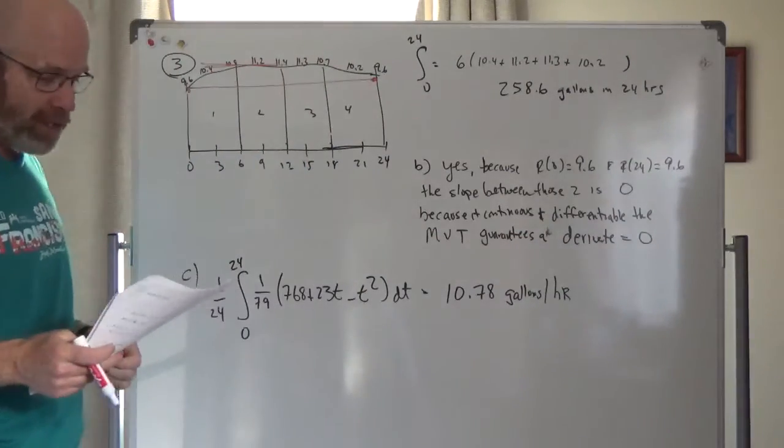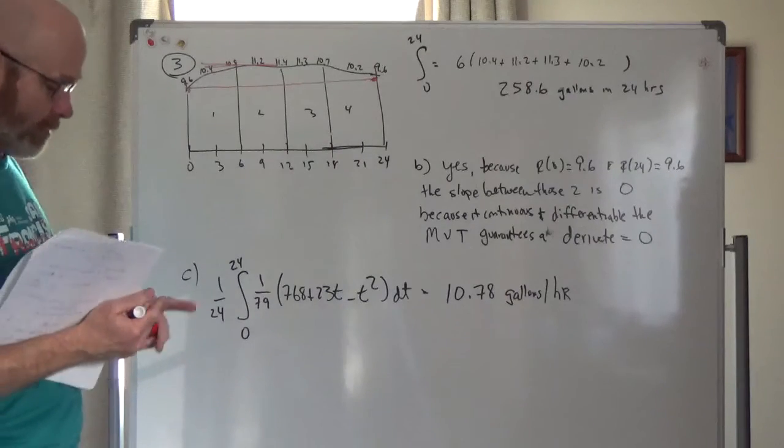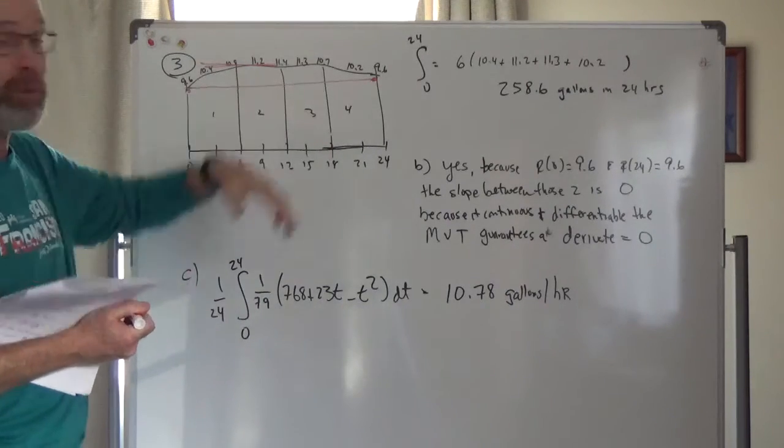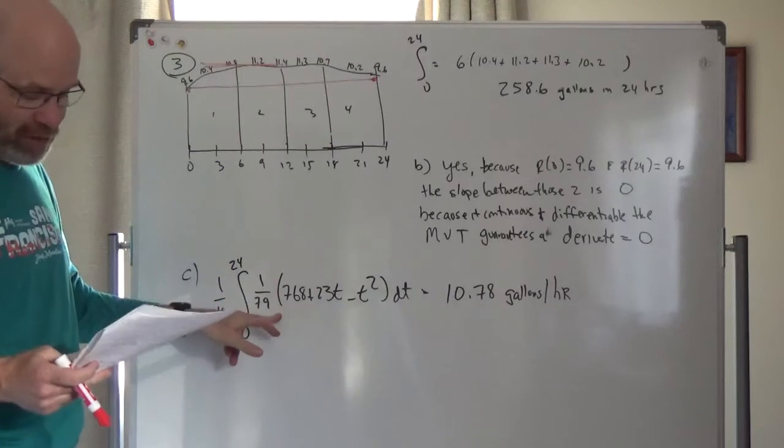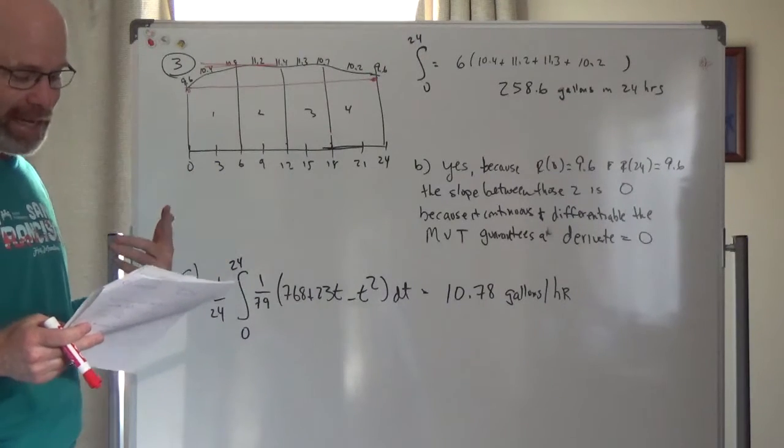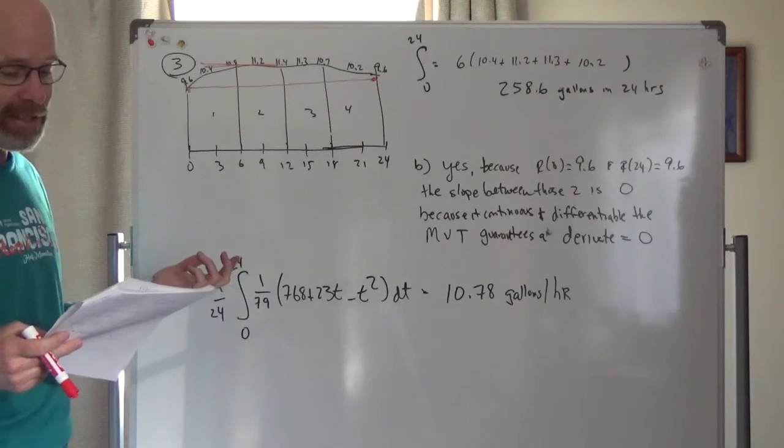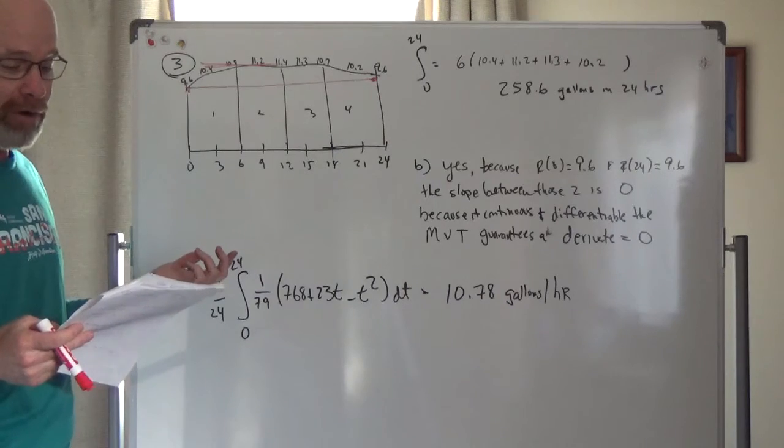And the last part of that question is just the rate. It can actually be modeled with a function instead of points like this. And this is the function, and then same basic question. It's not the exact same question, but basically the same thing that says, find the average water flow during the